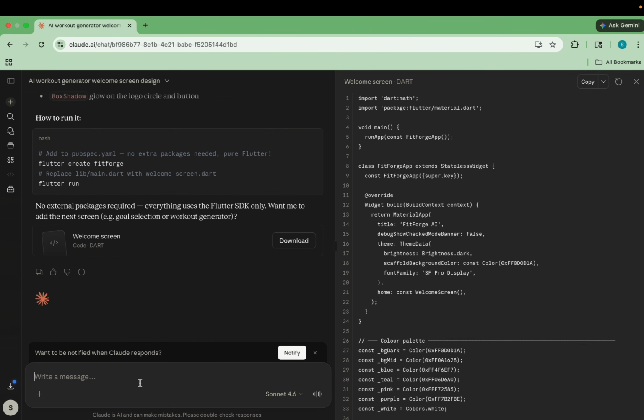Now in this screen I'm going to tell Claude where the user will select a goal, like weight loss, muscle gain, or a home workout. Experience will be beginner, intermediate, or advanced, and workout days like 3, 5, 7. So this is what I need to pass, and then a generate workout button. Once we do this, I first tell it to create this input screen, then the result page. Next I am going to